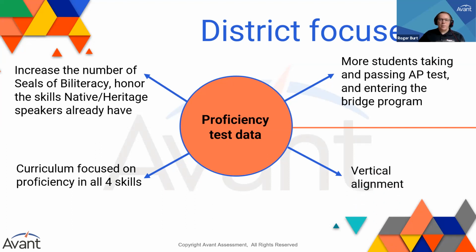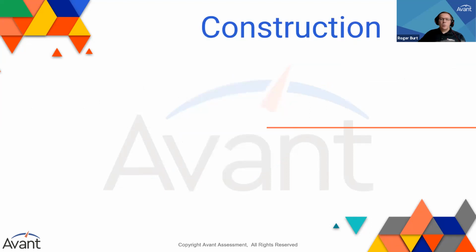And then our fourth area of focus was vertical alignment throughout the district. So all of this coming from stamp test data, there's just so much that we saw with that and that we could do with that. And as we encountered problems, we realized that going back to that could give us at minimum a lot of guidance as far as next steps. So bringing it back to the construction analogy and how this stamp test data really